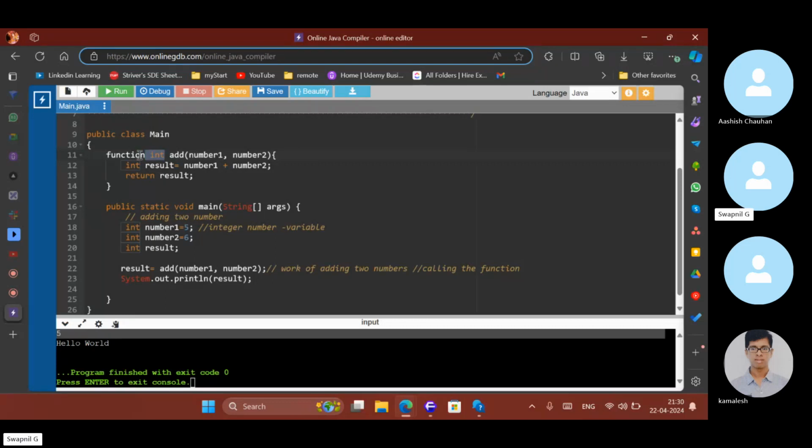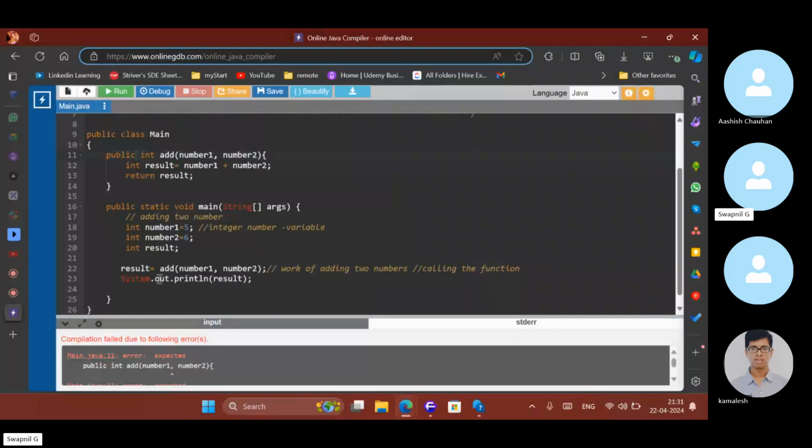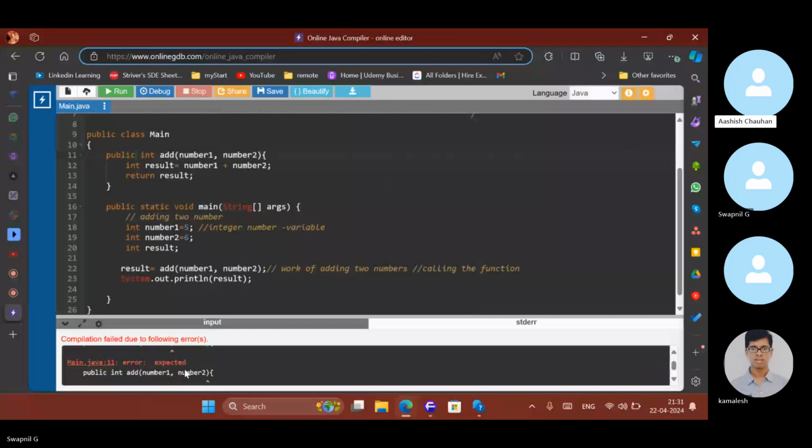But there is one issue. There is no keyword such as function in Java. Let's not focus on the syntax. Now we see that it expects number one, number two, public int. So in the function, you have to define int number one, comma, int number two.